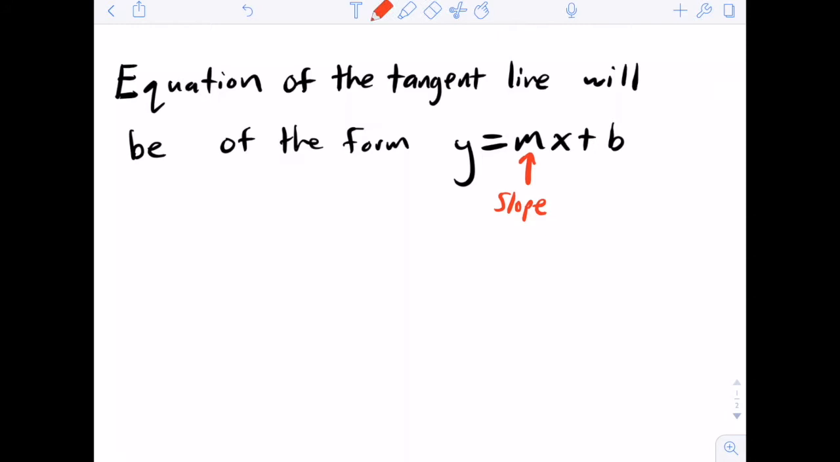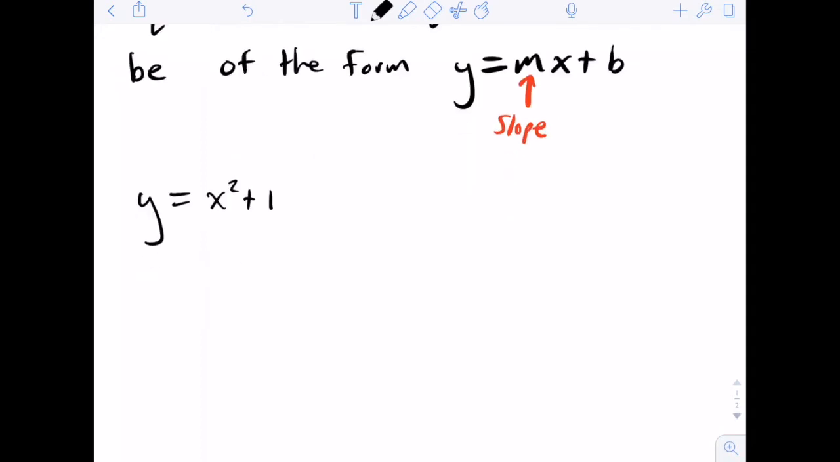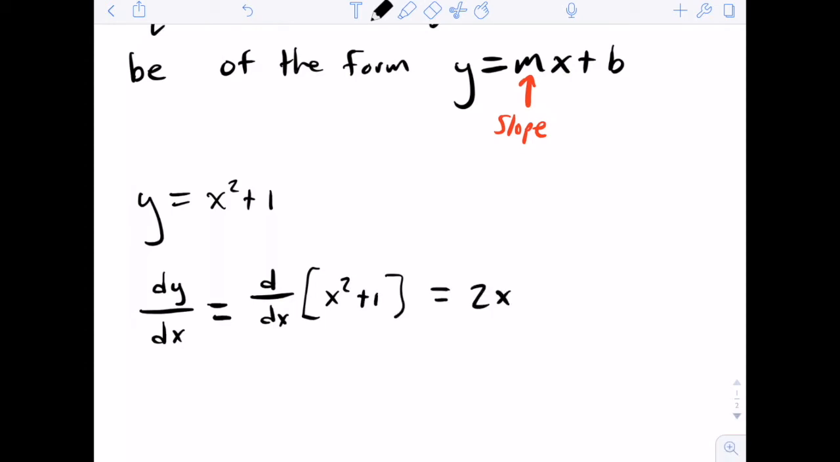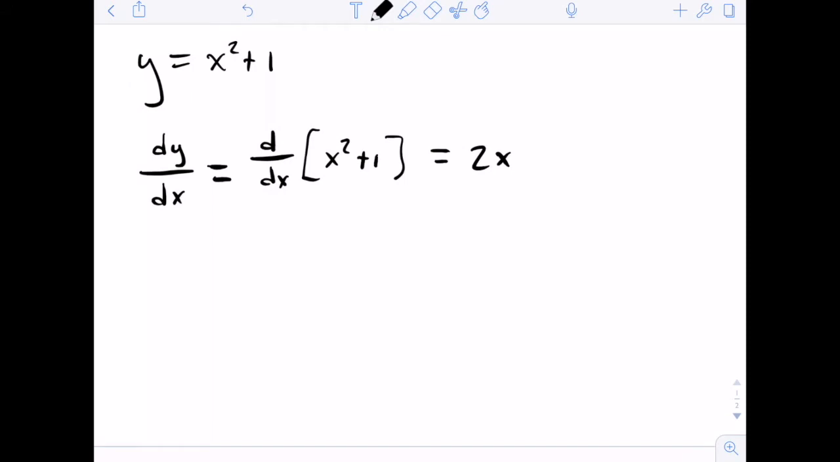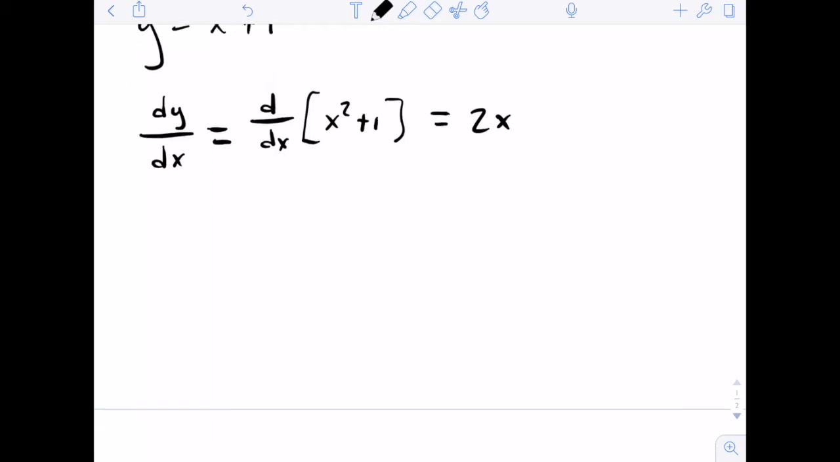To start off, we have the curve y is equal to x squared plus 1. The derivative of y with respect to x is the derivative of x squared plus 1. We know from before that this is just 2x, just the simple derivative of a polynomial. Okay, so that's the derivative. And the slope of the tangent line,